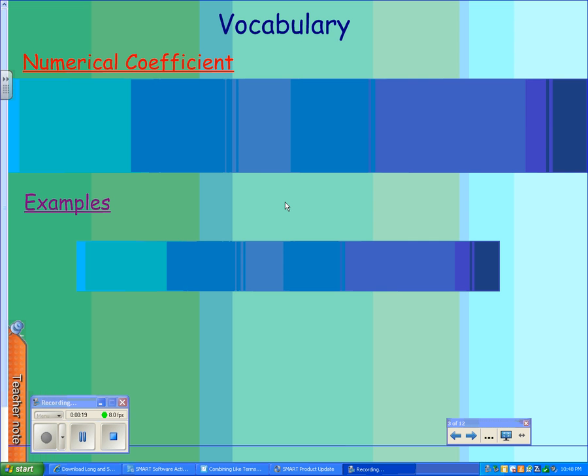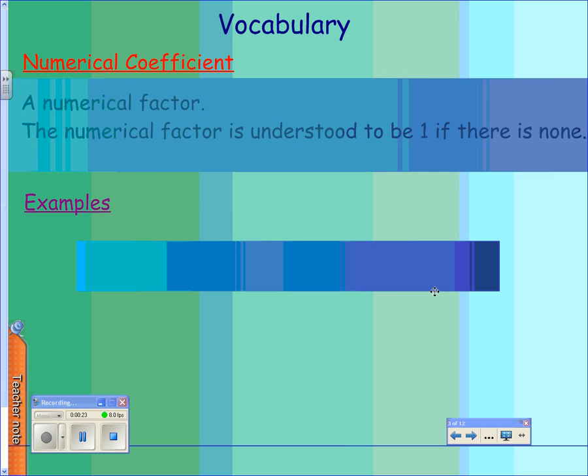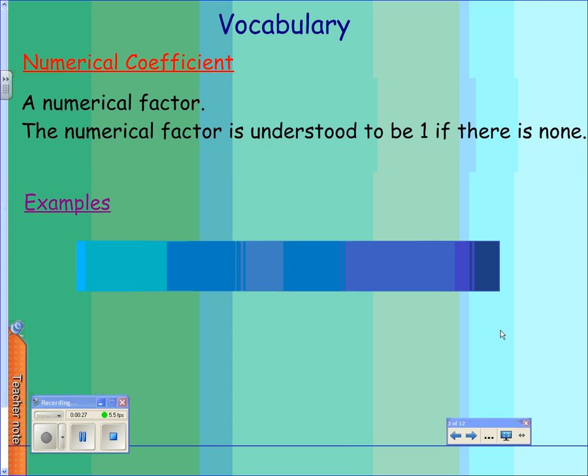First, we need to talk about what a coefficient is. Well, the coefficient is simply a numerical factor. Remember, a factor is something that's being multiplied, so a numerical factor is simply the number in front of your variable. If you don't see a number there, we understand that that number must be a 1. For example,